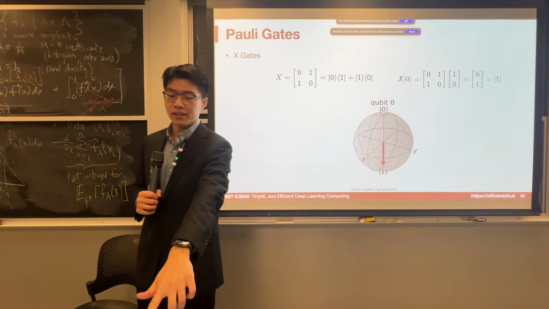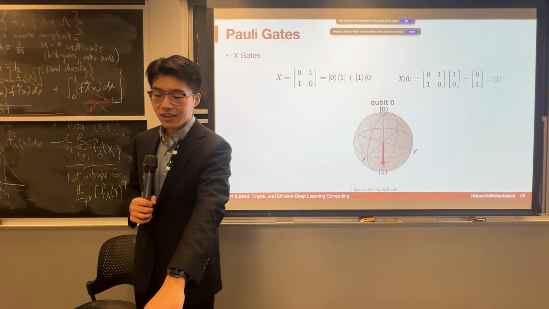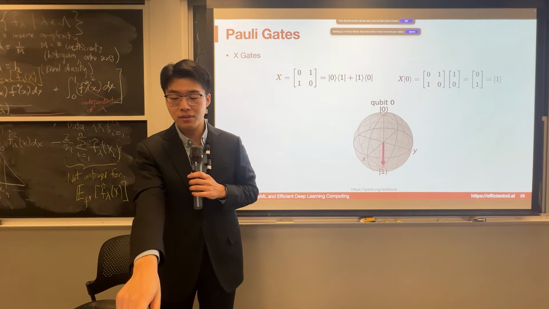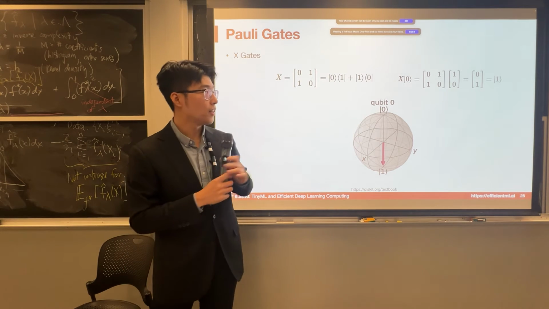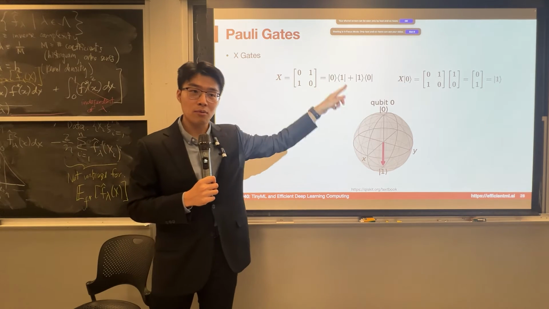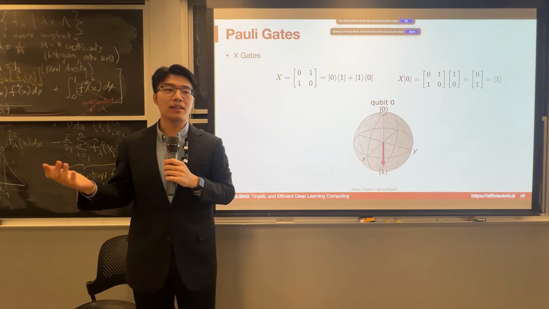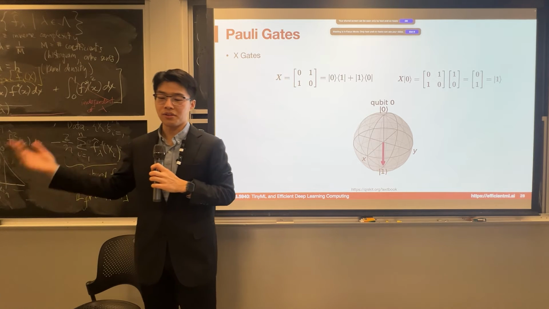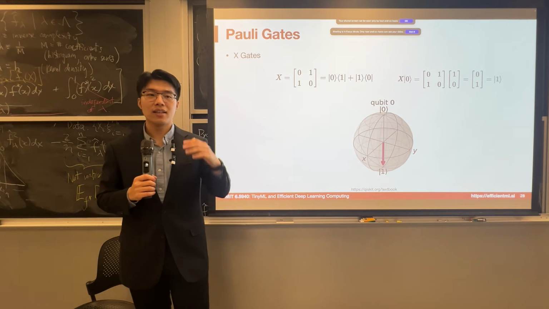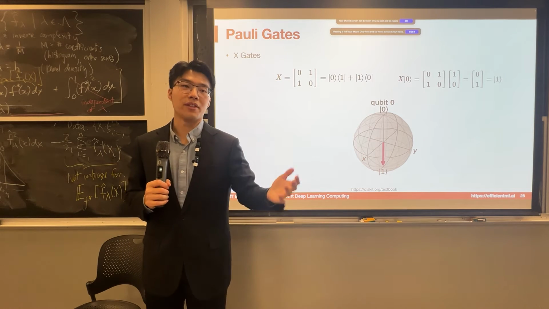Basically, we can apply this X gate to this 1, 0 state. And if we do all the math here, we can know that the output will be 0, 1. So remember that the 0, 1 actually represents the 1 state, right? That's aligned with our intuition in classical computation, where we apply a NOT gate and obtain the 1 from 0, right?